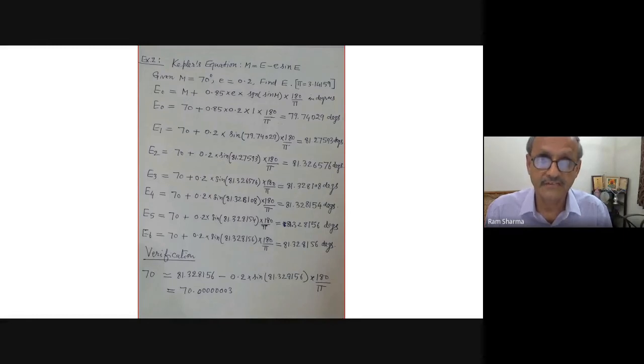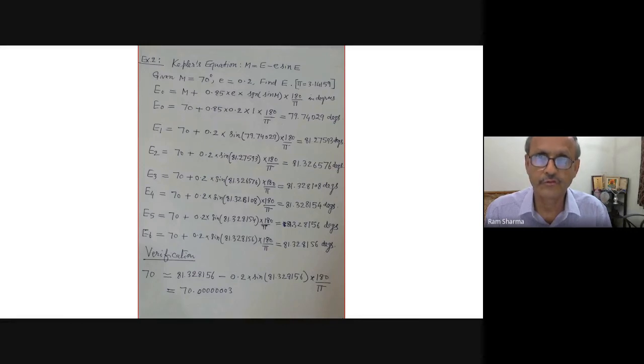And then the next step, 70 remains 70, and you replace the previous value there. You go on replacing the previous value into that equation, and nothing else you have to do. And you see the E6 value. Now you can see E5 and E6 were already the same. For E4, there was a difference only in the 6th decimal place. So even at E4, your answers will be quite good. And when we compare here, you can see 7 zeros came.